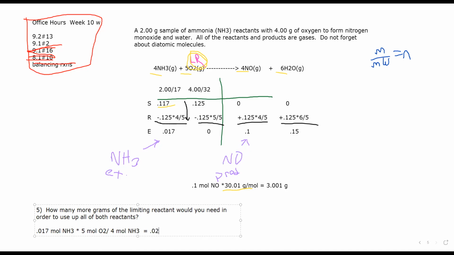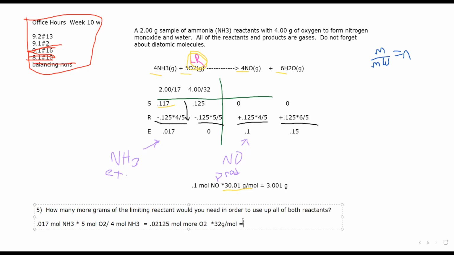So if I had just 0.2125, oops, that's not right. So that would be how much more O2. I took that excess amount, I used the mole ratio, so I got that many more moles of O2, and then I can go ahead and multiply by the molecular weight, and that will get me the grams more I would need. So I take that number, multiply by the molecular weight of oxygen, so that's going to be 0.68 grams more